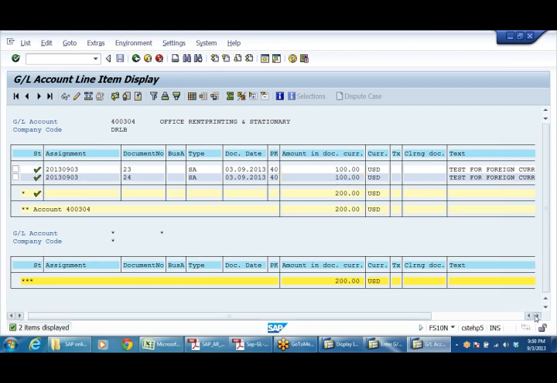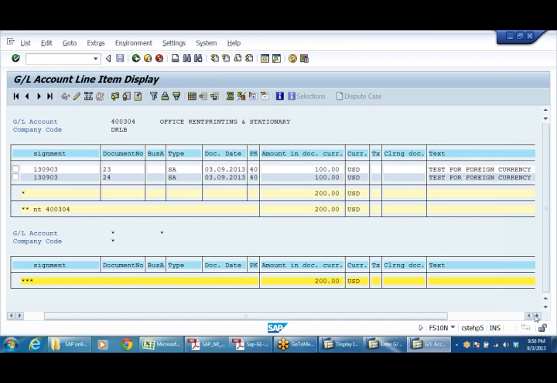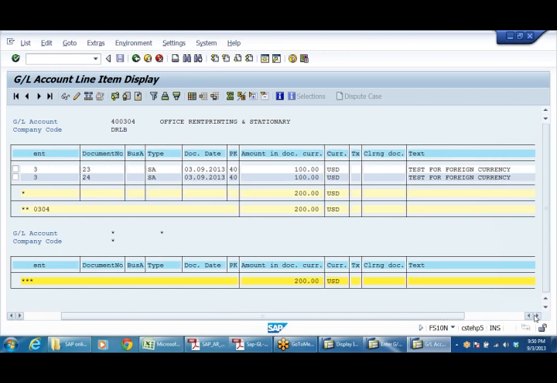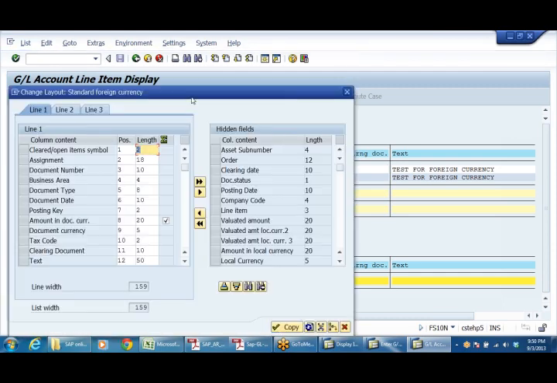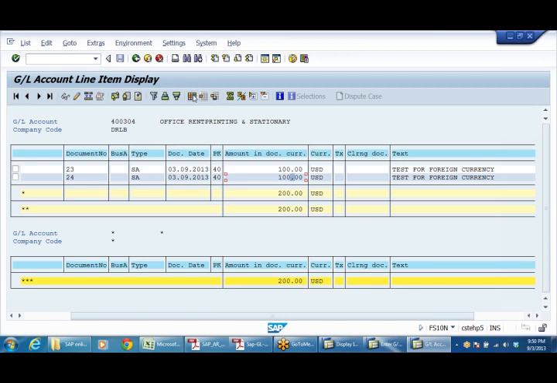And I want to see both in INR as well as USD. Say I don't want text at all, right? I can remove it. So what you do, you can change layout. Just click on that, right? And if you observe this one, click on this one, change layout.